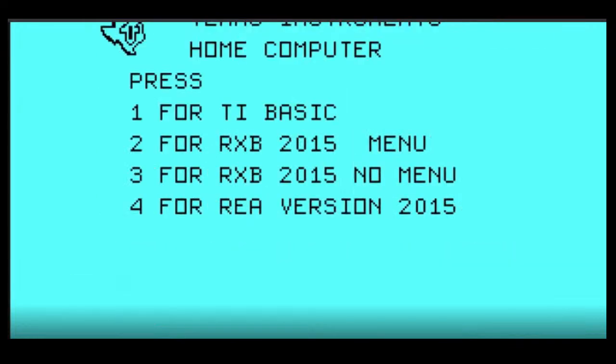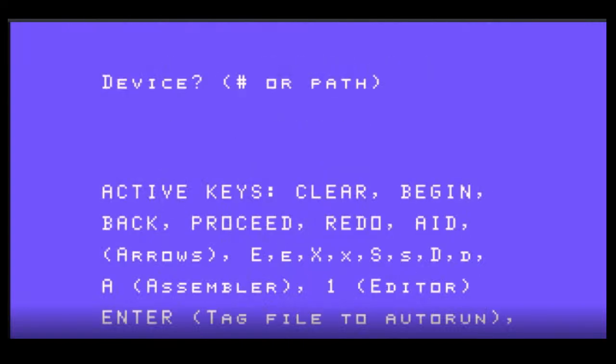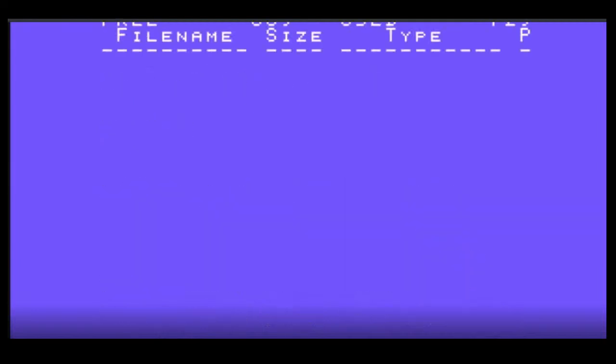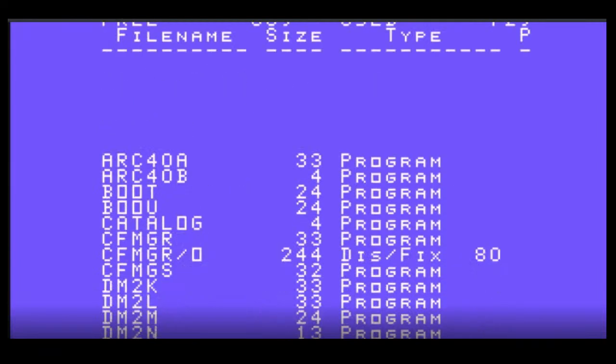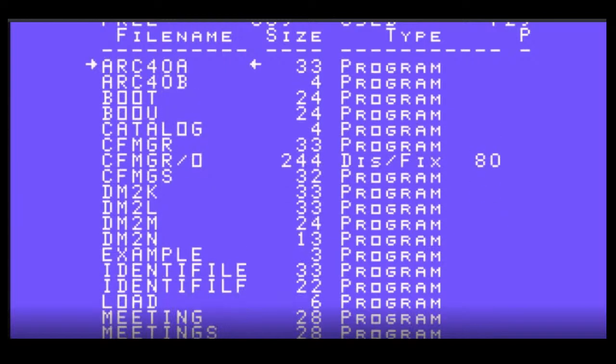Okay, we can do that. There we go. It is over on the Nano on virtual drive number 3. I have all my utilities there because very few things in the TI world use disk drive number 3. They might use a program disk in drive 1 and a data disk in drive 2. So I stash everything here.